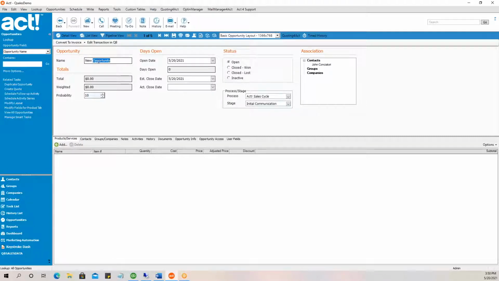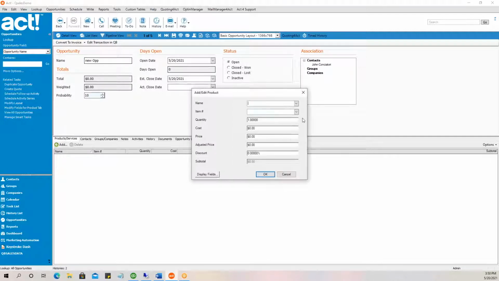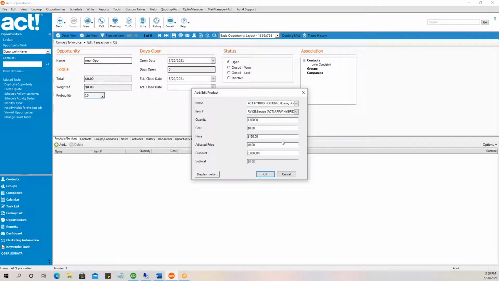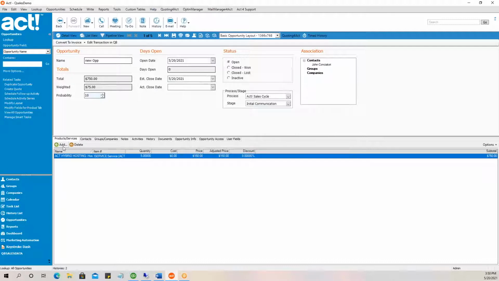So I'm just going to say, okay, new op, and I'm going to add, and I can scroll down through all the different ones here. Let's say I'm just going to pick hosting. It's going to populate the price. I'm going to put in 5, and then I'm going to add